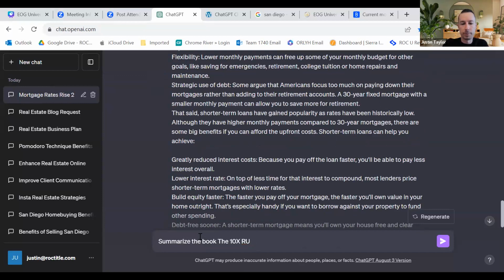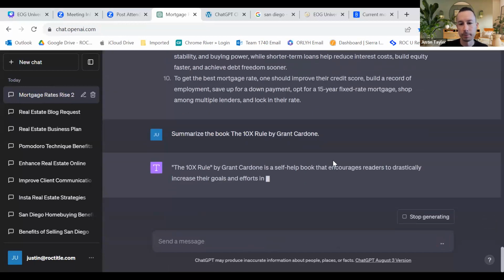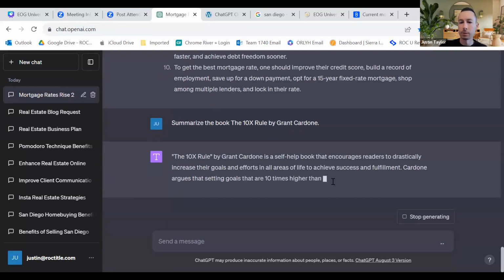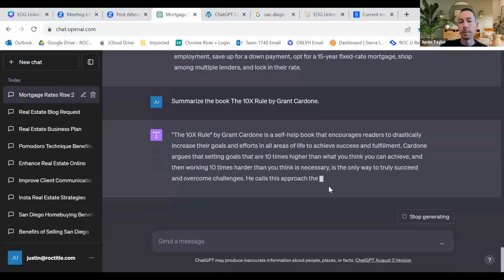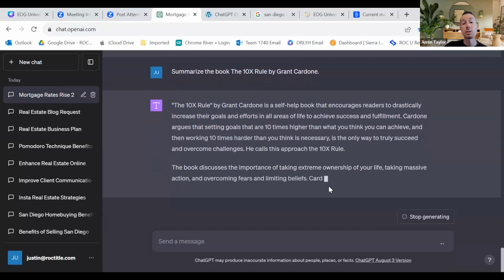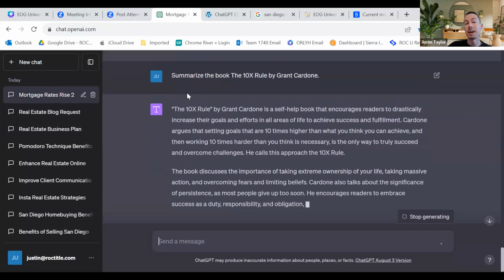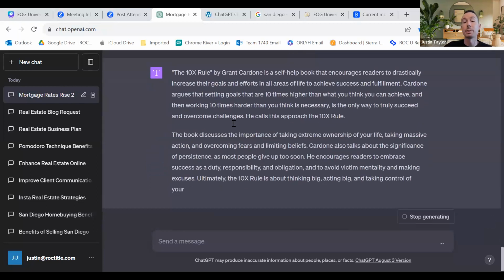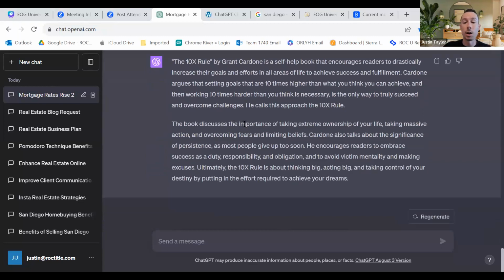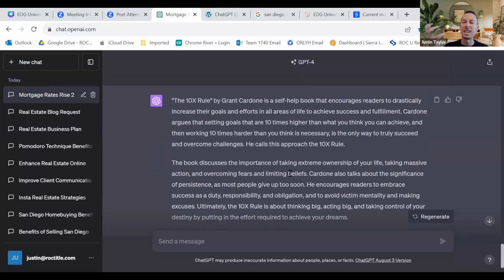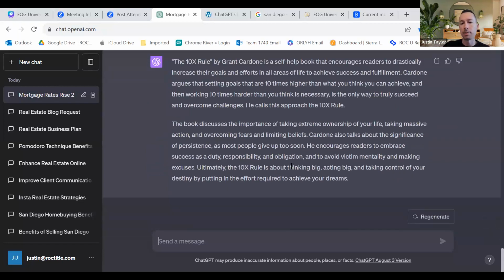School by Grant Cardone. I've done this one before, so let's see if I can actually do it. I'm just curious. Okay, so if you want to read a book, maybe you don't have time to read the book, but you just want a quick summary. I didn't say by numbers or bullets, so it's probably going to be a little bit more lengthy than what we would want, or not, right? So it just gives you the key points of what's in that book, the idea behind it, so that you have a better understanding, okay?